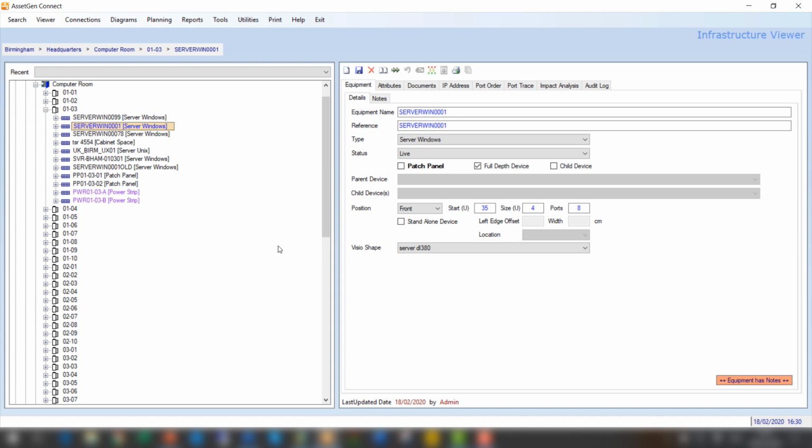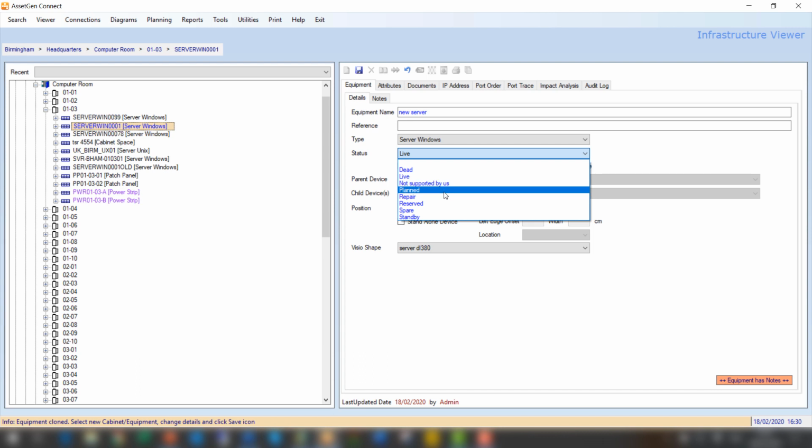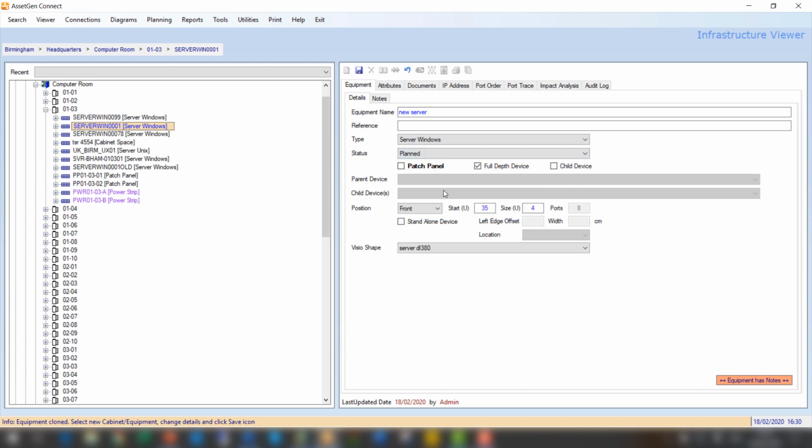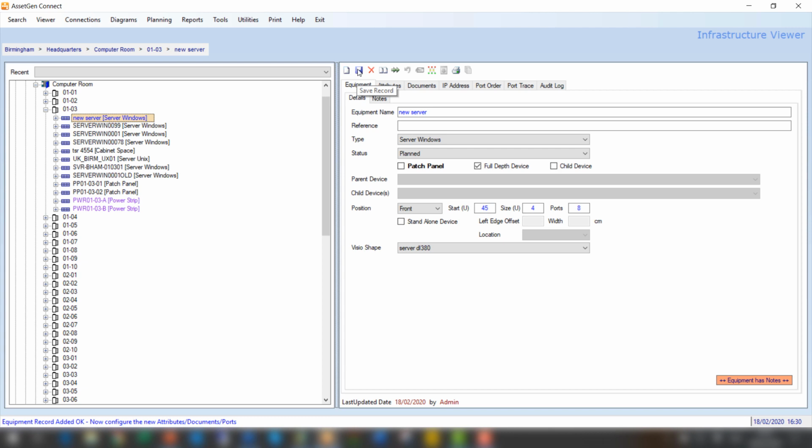So the first thing is I just want another one of these, so let's clone this device, and it's a good technique to use reference devices, and I'll call it new server. Take out its name. I'll change the status to be planned so we can get capacity reports to see what's planned and what's live, and I'll change the position to position 45, which will put it in the top of the rack, and we'll check to make sure it can go in the rack,